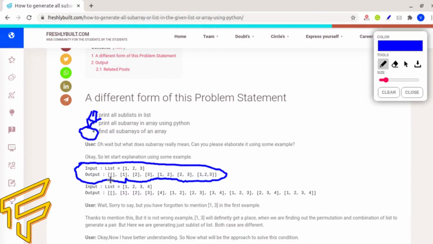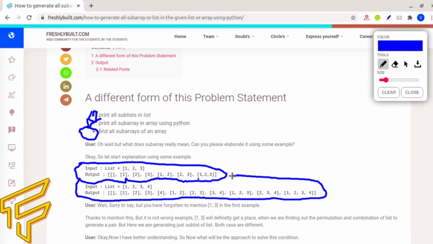It will contain an empty list, lists with a single element, lists with two elements, lists with three elements, or the list by itself. Don't worry, we will take one more example. This time we will add one more element, that is 4, to the list. It will generate new combinations after the execution of the program.